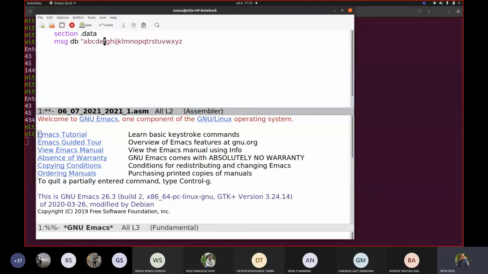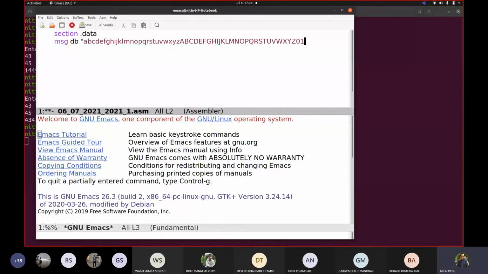A, B, C, D, E, F, G, H, I, J, K, L, M, N, O, P, Q, R, S, T, U, V, W, X, Y, Z. Okay, then I will take A, B, C, D, E, F, G, H, I, J, K, L, M, N, O, P, Q, R, S, T, U, V, W, X, Y, Z. So I took capitals too.